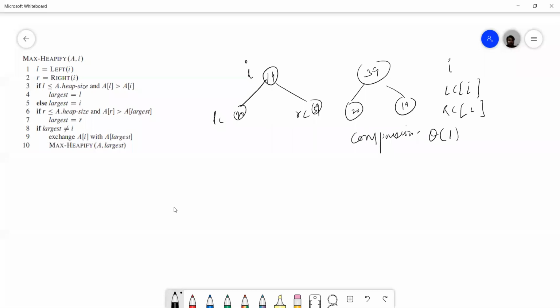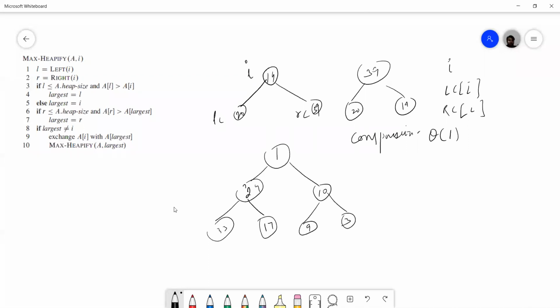But to fix the relationship among the elements, why am I saying relationship among the elements? Suppose there is a tree like this. First of all, these two will be replaced. It will become 33, it will become 29. And then it will be replaced here, and then finally it will be replaced here. So you have to travel the complete tree length, and at every level you are comparing three elements.